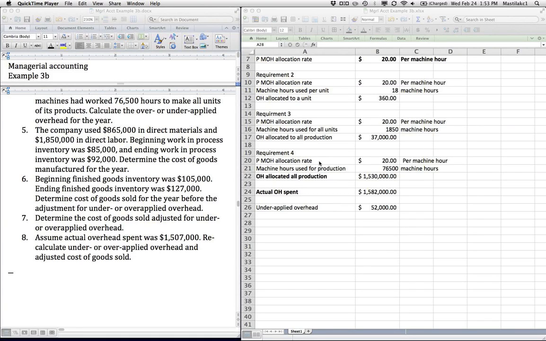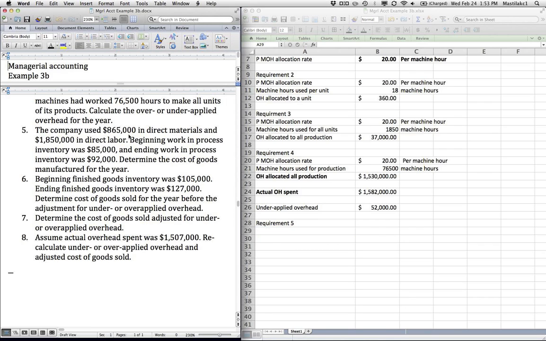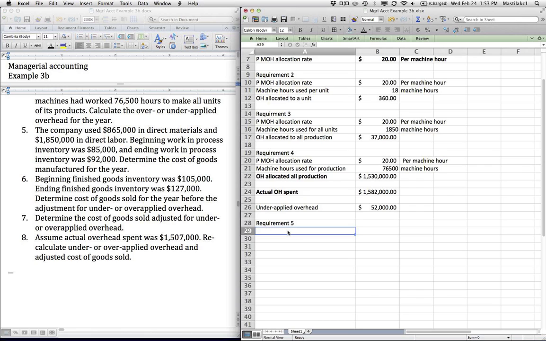Continuing Managerial Accounting Example 3B. Requirement 5. We're told that the company used $865,000 of direct material, $1,850,000 of direct labor. We're told beginning and ending work in process, and we're asked for a determination of the cost of goods manufactured for the year. So we're going to start with beginning work in process